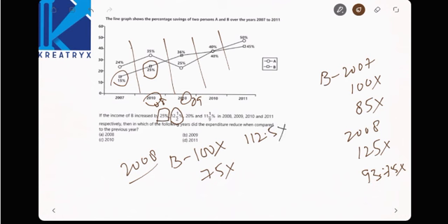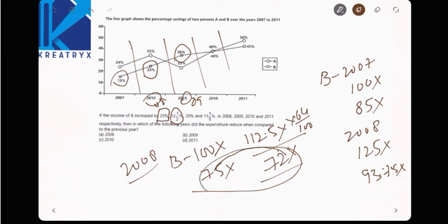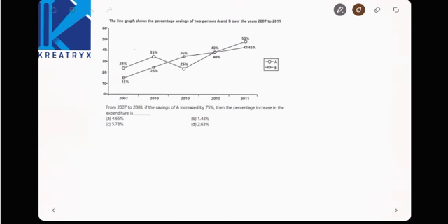Now his expenditure will be, see here, what is his expenditure in 2009? It is 36% is the savings. Now 64% will be his expenditure. 112.5 into 64 percentage will lead you to how much? Can you calculate it? This is very easy, 72x. Now see here, his expenditure have reduced when compared to previous year from 2008 to 2009. So answer will be 2009. This is the way to calculate. If there are no perfect values, consider the rational values, that will be very helpful for calculations.